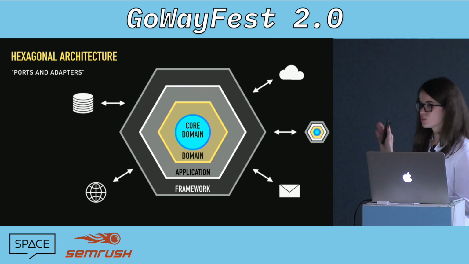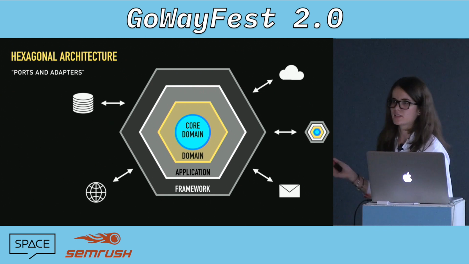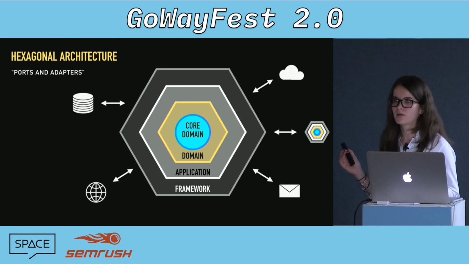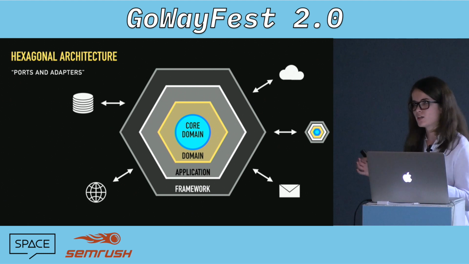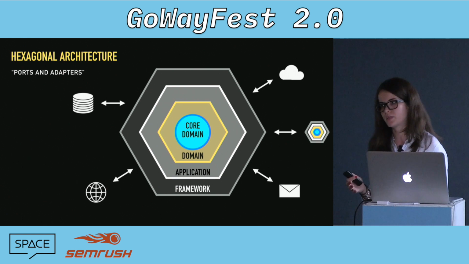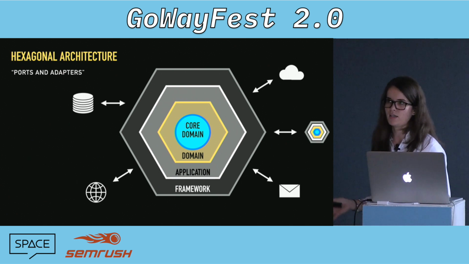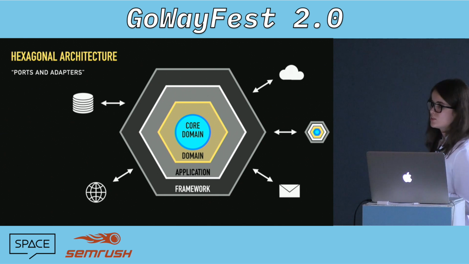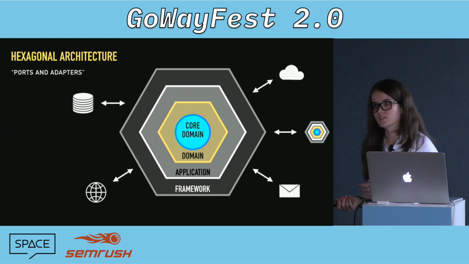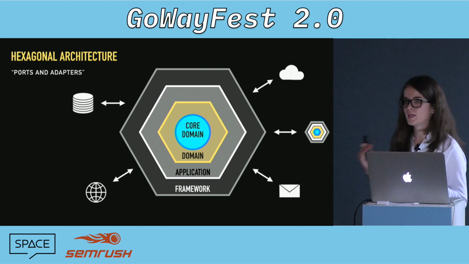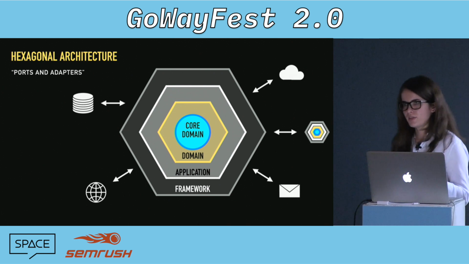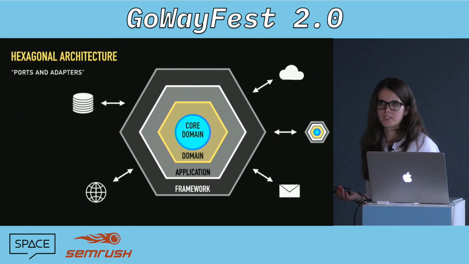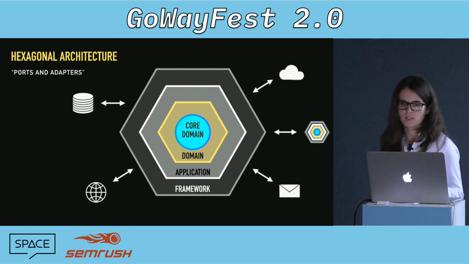So what's the main goal of the Hex architecture? Well, the Hex architecture is all about enabling you to make changes to one area of the application and keeping those changes local to that code. So the goal is essentially to be able to change a part of the application without having to change everything else. For example, if you wanted to swap out a SQL database for a NoSQL database, the idea here would be to be able to make that transition really smoothly and without really affecting much of the business logic itself. And rightly so, because the business logic shouldn't really care about implementation details. It shouldn't really care how you store your data.